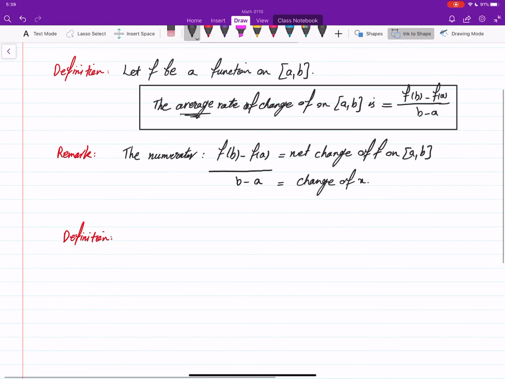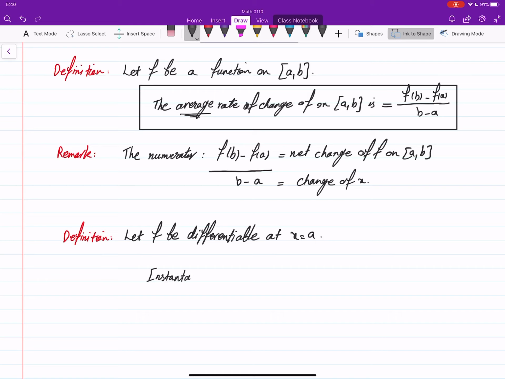So again, let f be differentiable at a point a, then the instantaneous rate of change of f at a is equal to